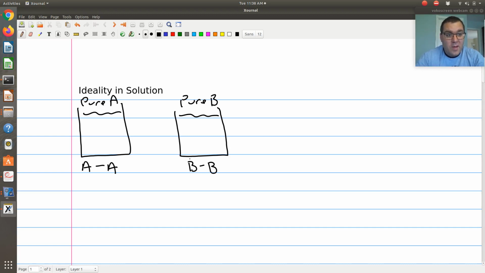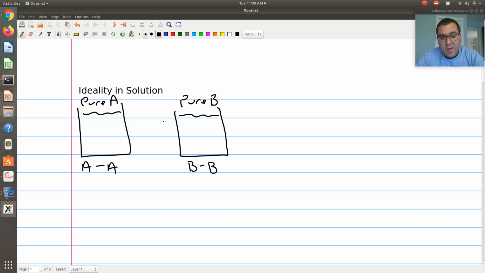All right, so now the idea is that when I have a system of pure A, you can think of A as being perfectly comfortable in solution. If I'm an A molecule in a solution with just other A molecules, I am completely comfortable. Everybody's interacting with each other in exactly the same way. Everybody looks exactly the same. If I'm a B molecule in pure B, same thing. Everybody's interacting with everybody in exactly the same way.